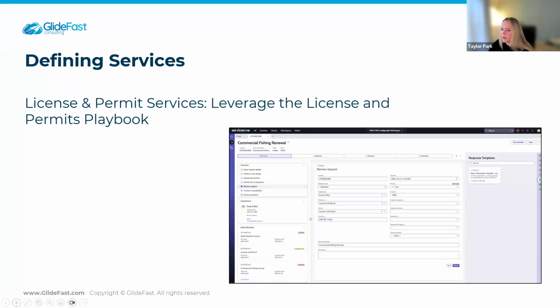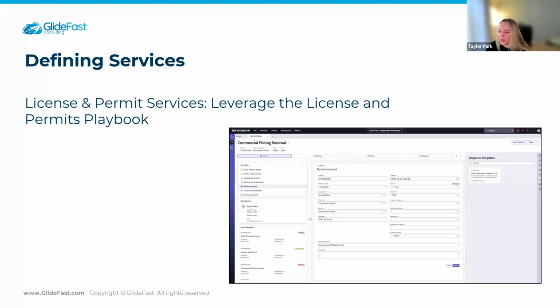All right, and then finally, the last one is license and permit services. So this example that we're looking at in the screenshot here is for a commercial fishing license. So wide variety in how these can be used. That's one thing that you'll see in PSDS is it makes you realize how many government services happen without our knowledge, how much infrastructure goes into running the public sector. So there's all of these weird little niche use case things that we don't think about, like renewing your commercial fishing license. But again, this is a pre-built